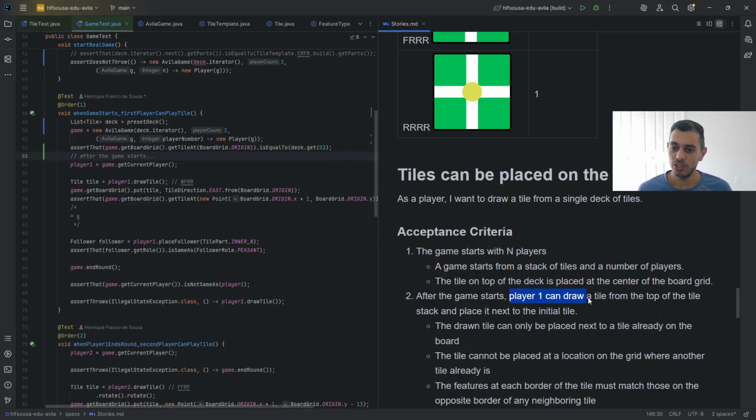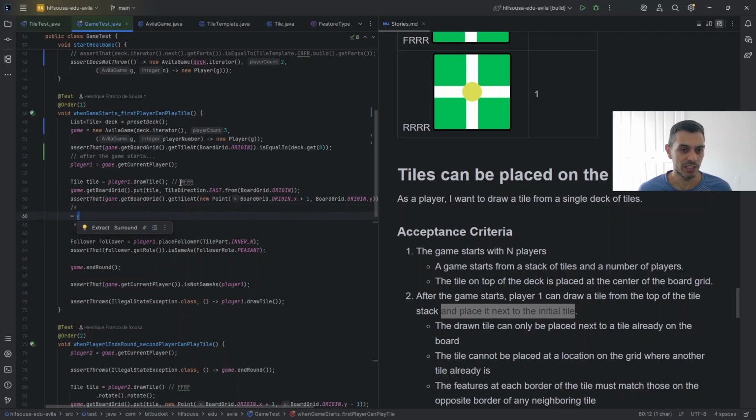Well, player 1 can draw a tile. So we have player 1 as the current player, and player 1 draws a tile, then places it next to the initial tile. This doesn't say which direction, so we have to create or invent those specific details. And we're placing that tile, which is a